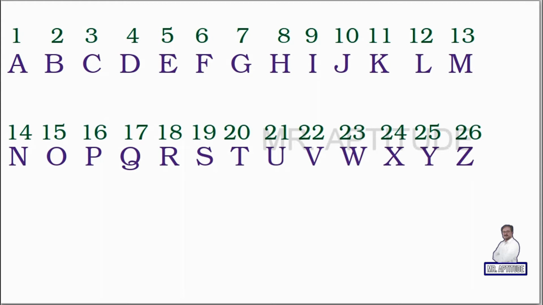Again, solving a question based on coding and decoding is all about trial and error. There is no concept behind solving a question from this topic. You have to go with a trial. When your trial fails, you have to look at some other trial. In this lesson, we are going to discuss how to relate the given words with the given numbers. Let me start with the first question.